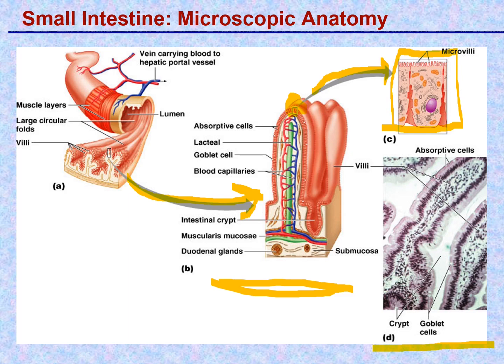The mucosa, of course, is made up of the epithelium, a simple columnar epithelium that covers the surface. This is the simple columnar epithelium. Simple meaning one cell layer thick, and columnar is the shape of the cells. That's in cross section. So all of this pink stuff here, all those villi, are covered with a single layer, a layer of single cell thickness, of epithelial cells, and beneath that is